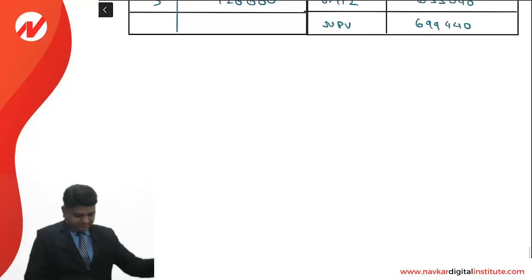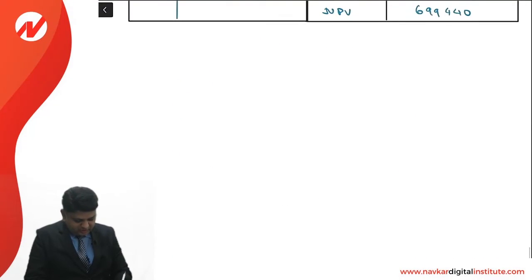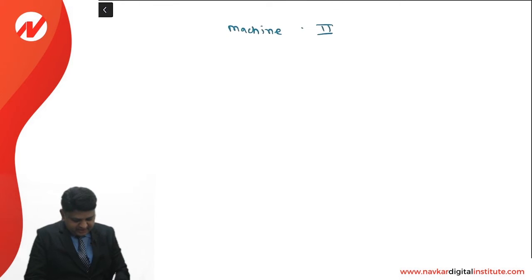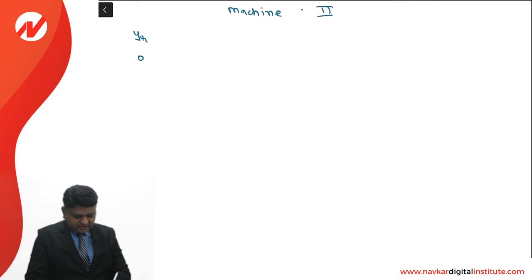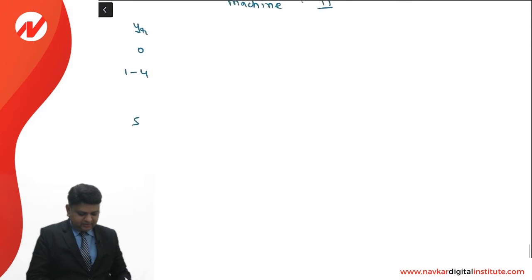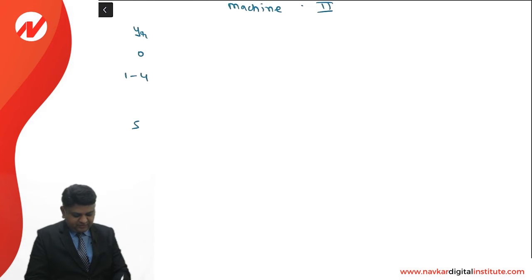Yes. So heading right down machinery 2. In that again, year 0, as far as the second machinery is concerned, it has a life of 5 years. It is year 0, then end of year 1 to end of year 4 and 5th year. That is the way we will be taking the cash flows.